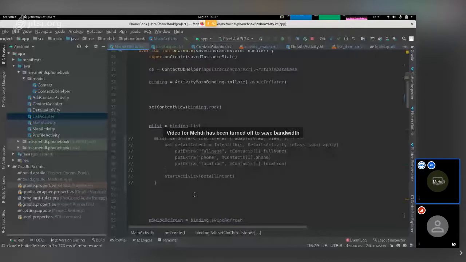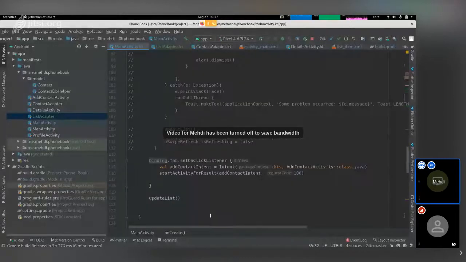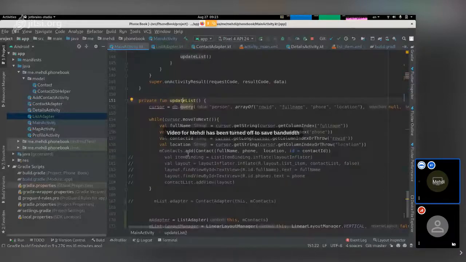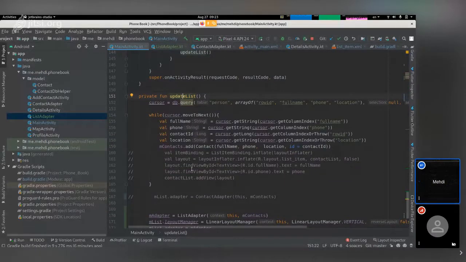Great. I want to make a connection between the two classes using that interface. So for that purpose, where I defined my list, my recycler view, mList bind list. Okay, where did I define my adapter? Inside list view. So I go to update list. Inside the update list method,